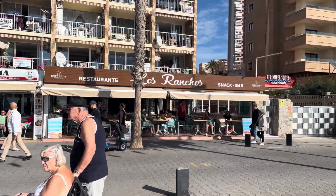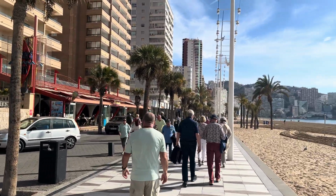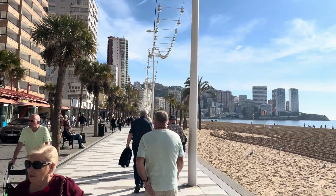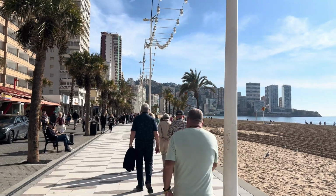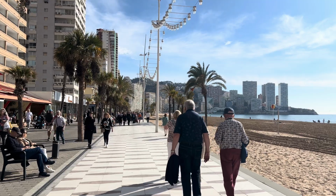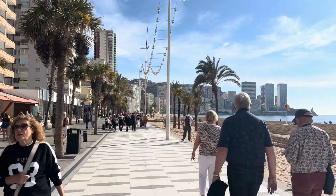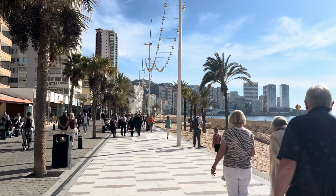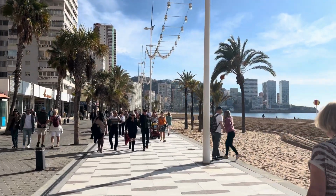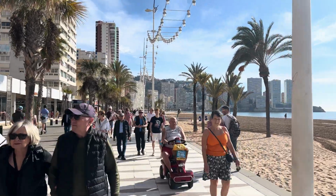Look at the terraces. Oh, and look at the touristic apartments out there. Touristic apartments are also full, I suppose, because there's people on almost every single terrace, sitting down in the sunshine, enjoying the loveliest views and the sound of the Mediterranean Sea. This is a glory in January. Obviously, there is some slight wind every now and then, but still, it is an incredible time,